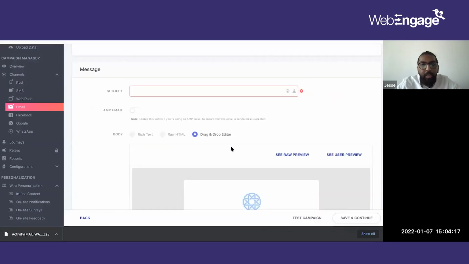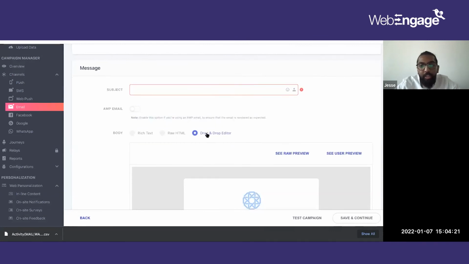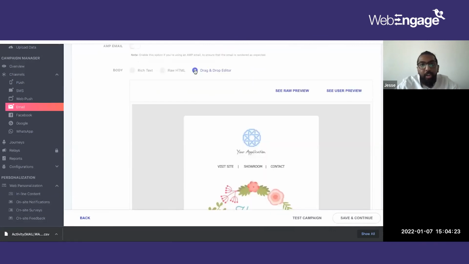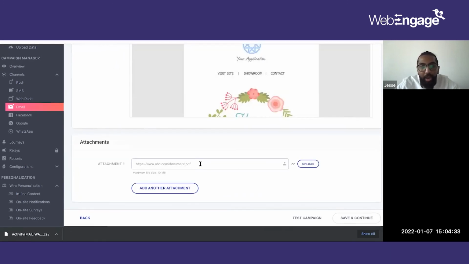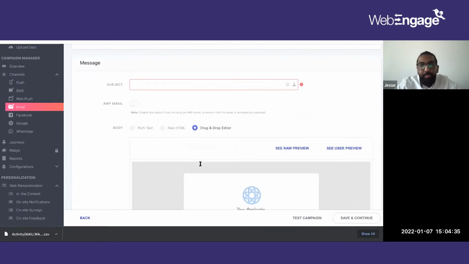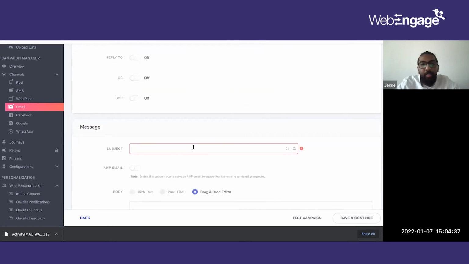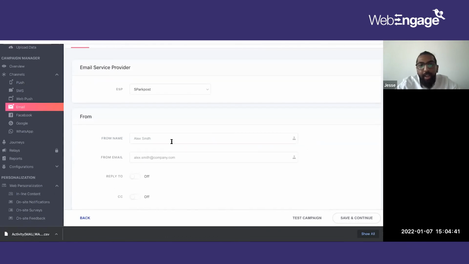If you're using HTML, then you can directly go ahead and click it. Since your campaign is already configured here in drag and drop, you're not eligible to click on it again. But you can always go back and make the body blank, and this would be eligible to be clicked on again. You can also add attachments to your email. And yeah, this is because I didn't add the subject, and I haven't added the from email ID, which is why it's still not blue in color.